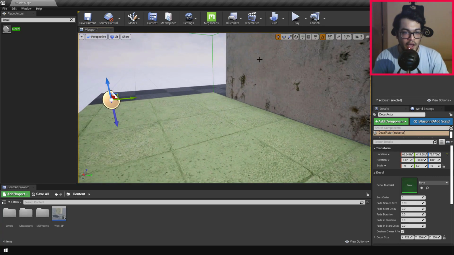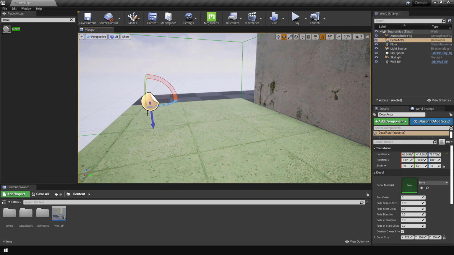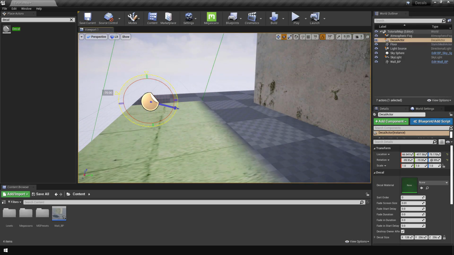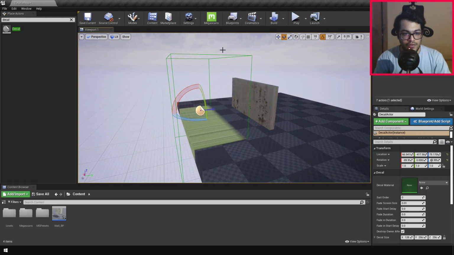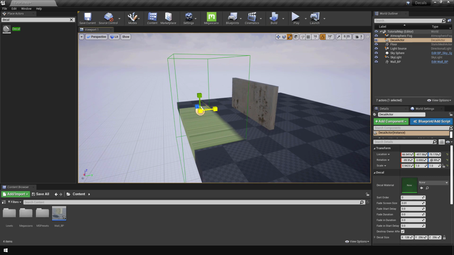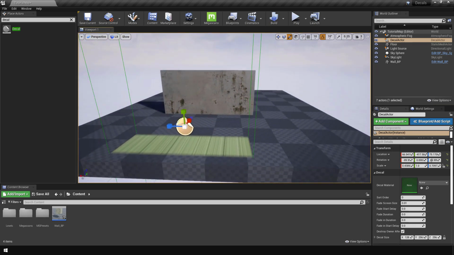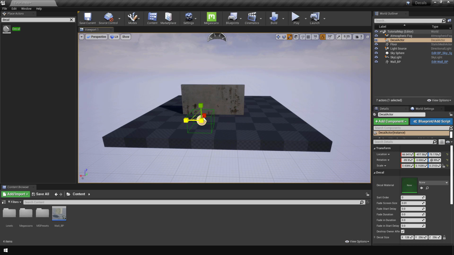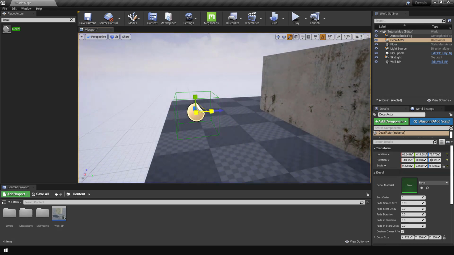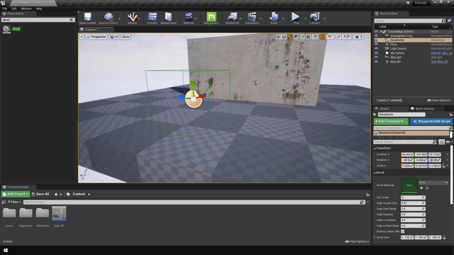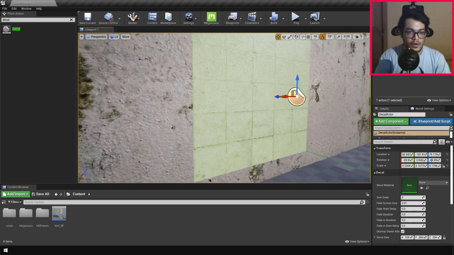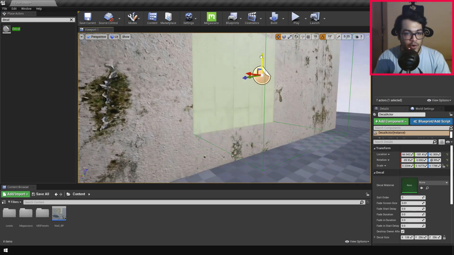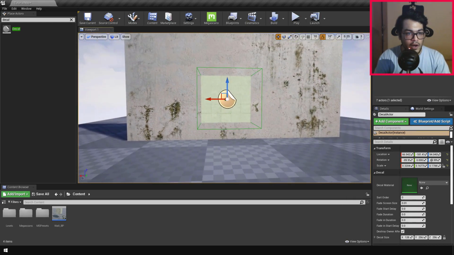So to project this decal on the wall, you can rotate this 90 degrees on the x-axis. After that, we are going to decrease the size of the bounding box. Just move this like that until it intersects with the wall. And as you can see, it's already projecting the default texture on our wall.